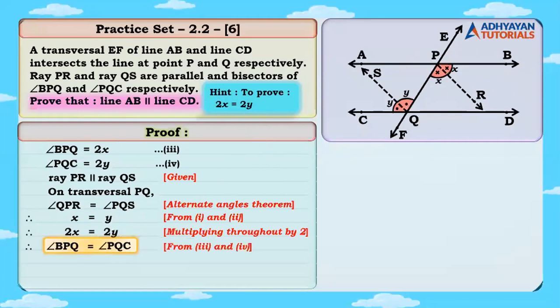Now, children, since we have proved both these angles equal, they are nothing but alternate angles. If the alternate angles are equal, can I state the lines are parallel? That has to be the alternate angles test, right? Is this clear to all of you? Yeah, I want all of you to copy this last sum and then we are done for the day.